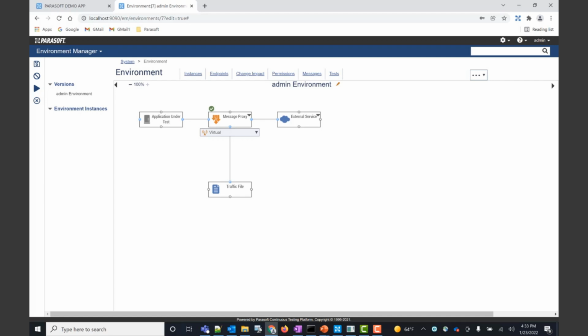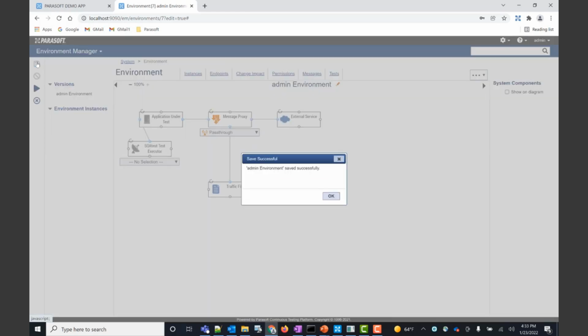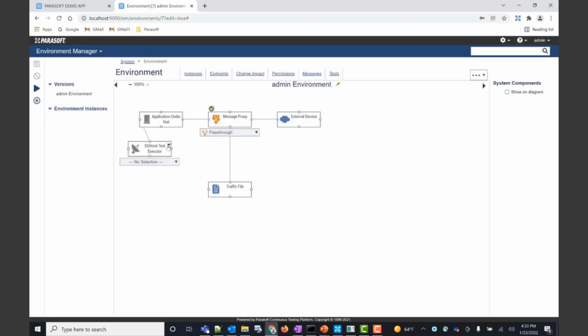So let me show you one more thing. If I come over to here, this enables me to add SOA test as an element to my diagram. So right here, I need to save that first. And then that enables me to create a new instance.